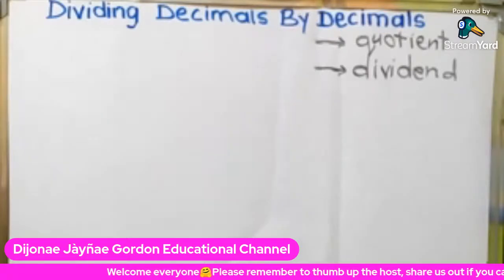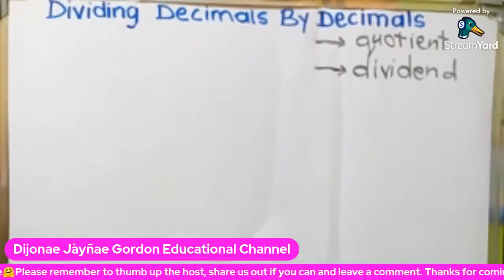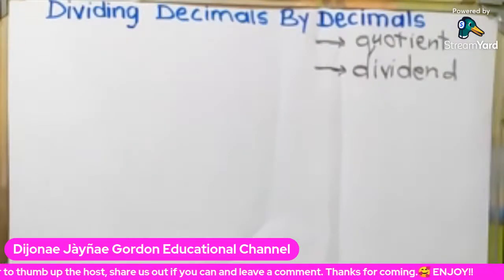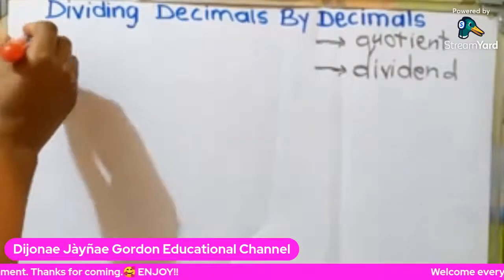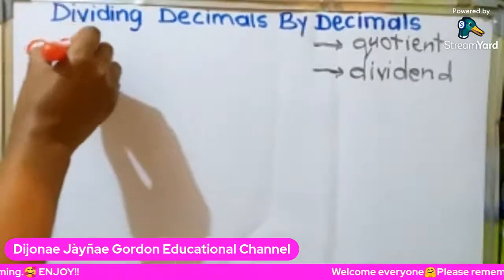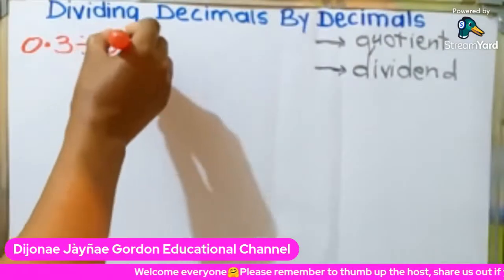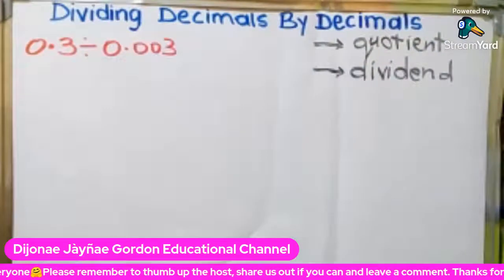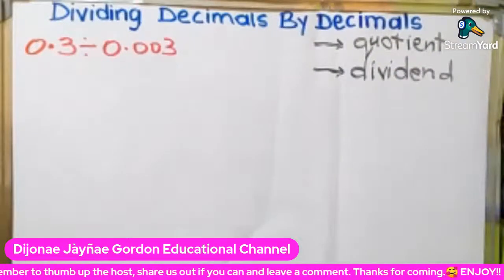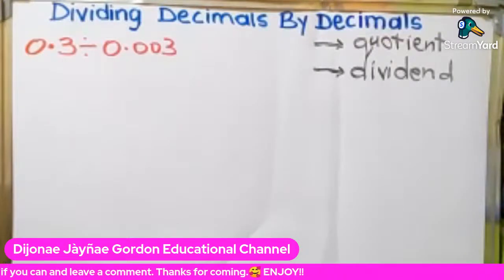All right. The next problem that we're going to be working is 0.3 divided by 0.003. Let me write it so you can see what I'm talking about. 0.3 divided by 0.003. That's the problem we have. All right, so the first thing we're going to do is to identify our divisor. In this case, our divisor is